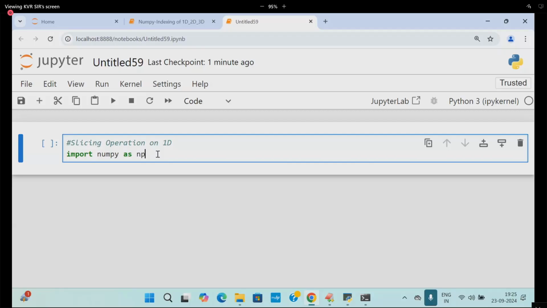Syntax number 3: ND array object of colon end. Syntax number 4: ND array object of just a colon. Syntax number 5.